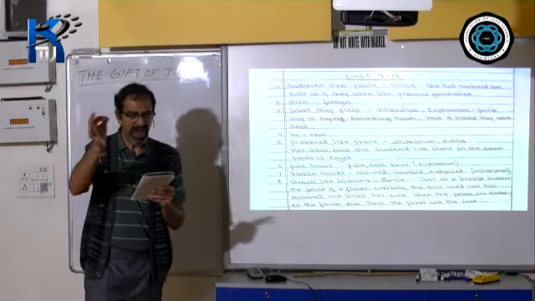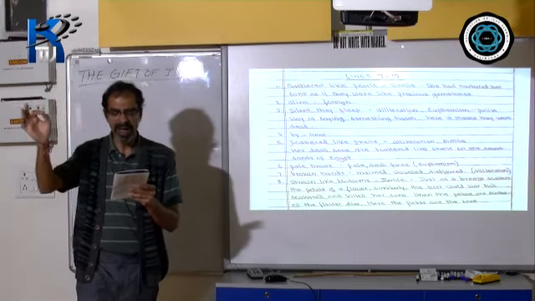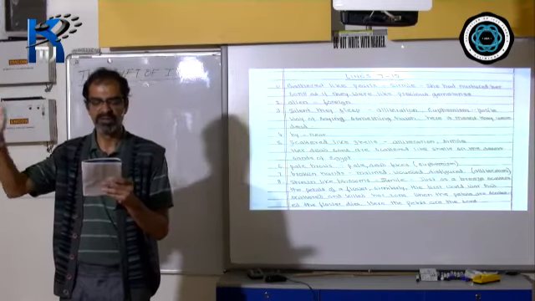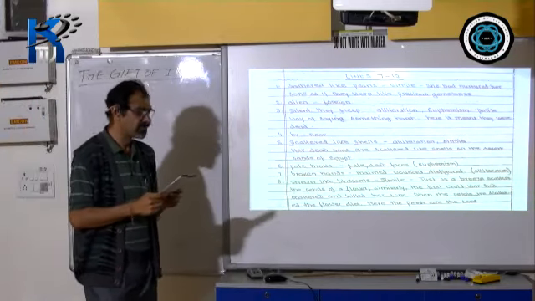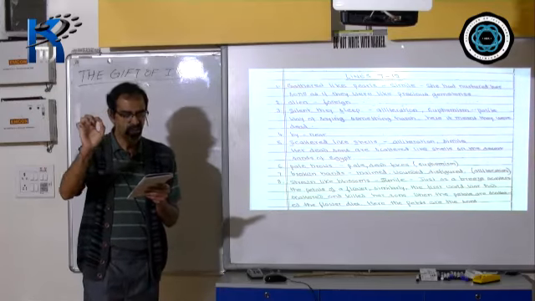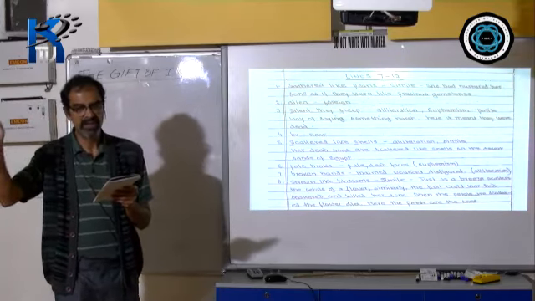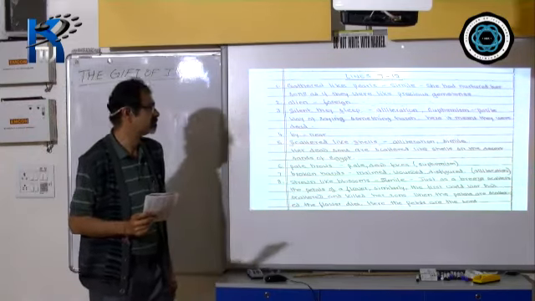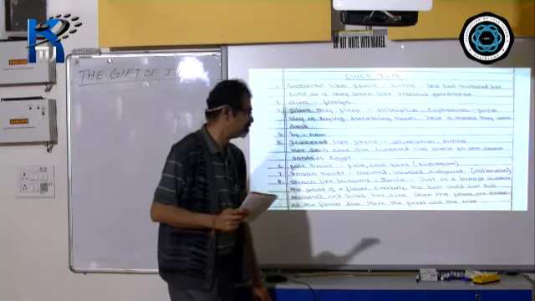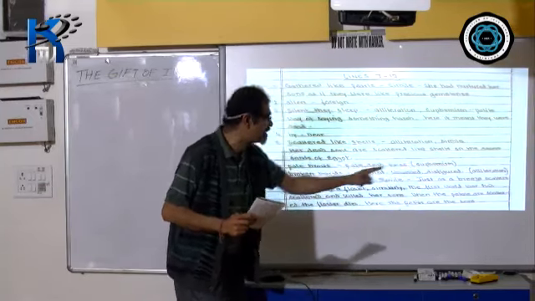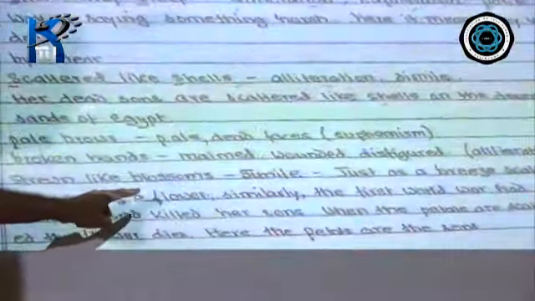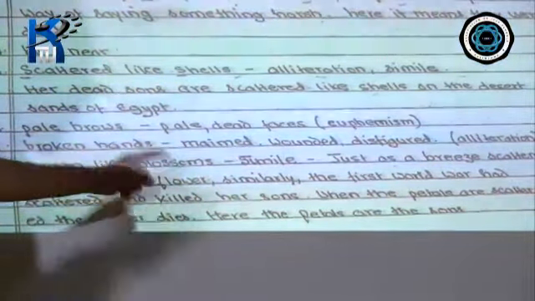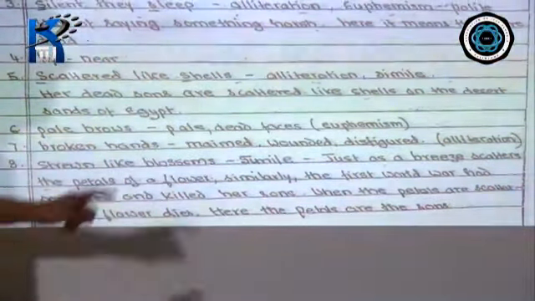They are strewn like blossoms, mown down by chance on the blood-brown meadows of Flanders and France. Again, you will see in the first line, they are strewn like blossoms mown down by chance. There is a simile, a comparison. What is the comparison? Please pay careful attention. Just as a breeze scatters the petals of a flower, that means the flower dies, comes to an end because the petals are all scattered due to the breeze.